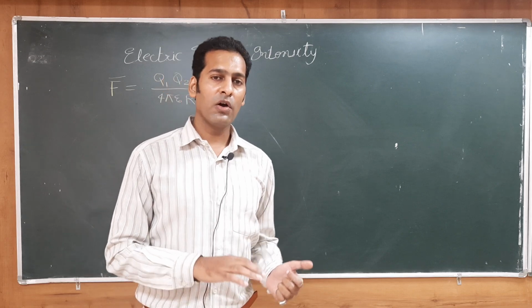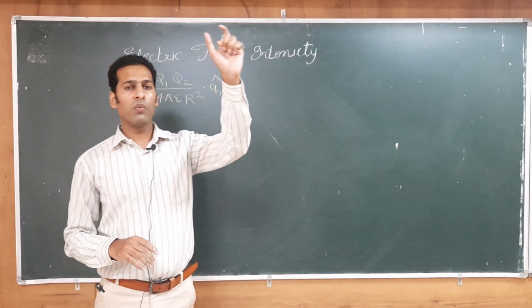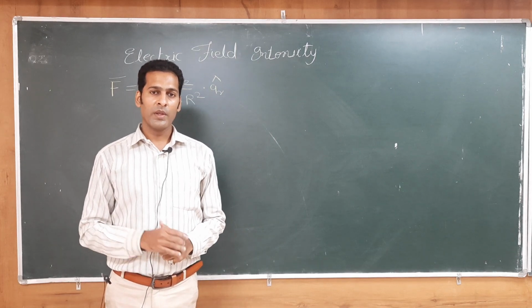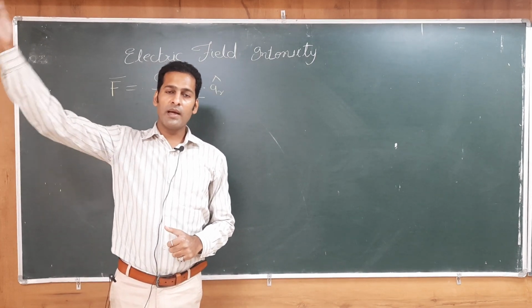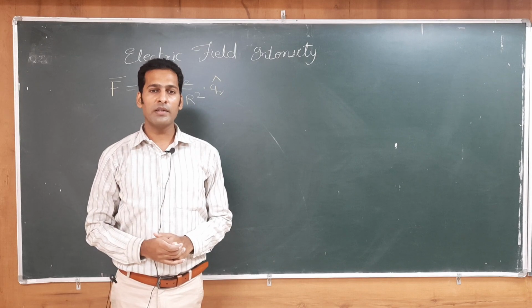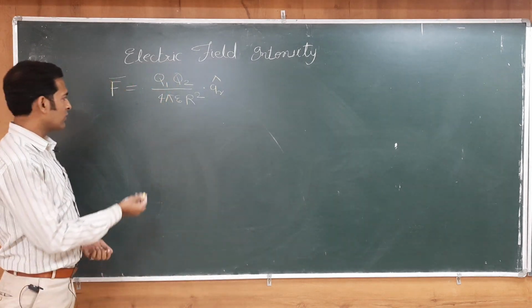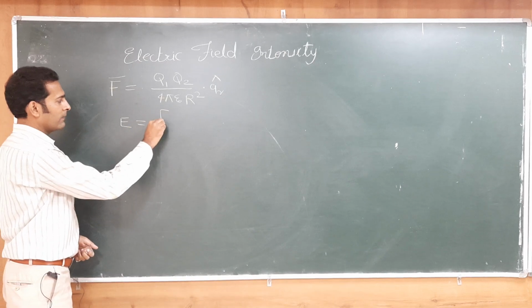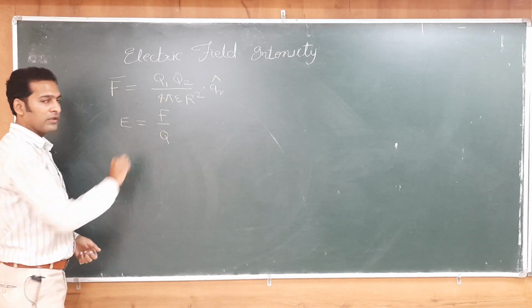When it is an antenna or mobile phone, we can consider it as one point where a number of charges are available, and someone from another antenna is applying force on those charges. So, it is force per charge. So, with our definition, electric field intensity is simply force per charge.